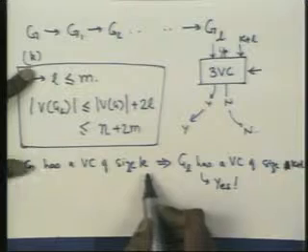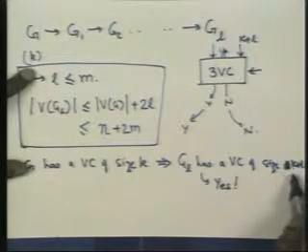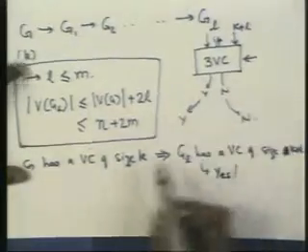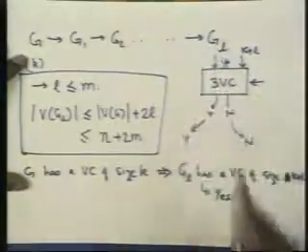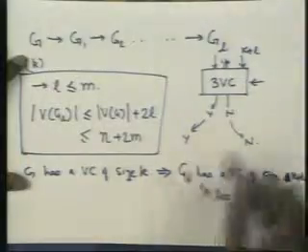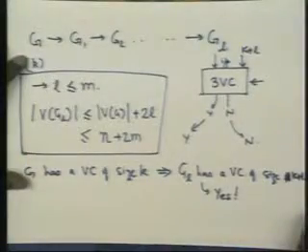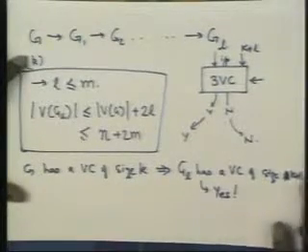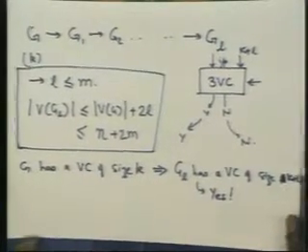Okay, if G has a vertex cover of size k, this implies that GL has a vertex cover of size k plus N, and we are done. Which means if G has a vertex cover of size k, then it answers yes, and if it answers yes, then G must have a vertex cover of size k. Okay, so this proves that